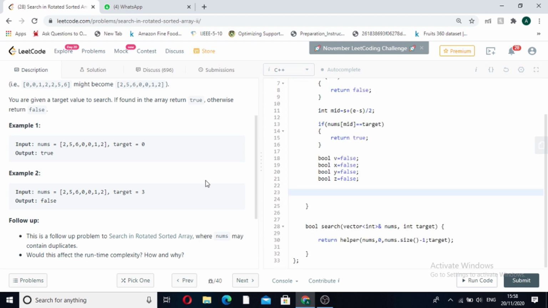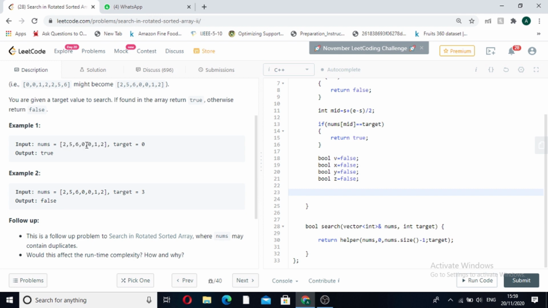Now our input array is sorted but it is in a rotated manner. So we know that when we choose a pivot element, that is the middle element, suppose this was the array, and we have taken the middle index. So the middle index is 0. Since it is a sorted rotated array, either the array on the right hand side or the array on the left hand side will be sorted. It is not possible that both the arrays are sorted, that is, on the right side of the pivot element as well as on the left side of the pivot element.